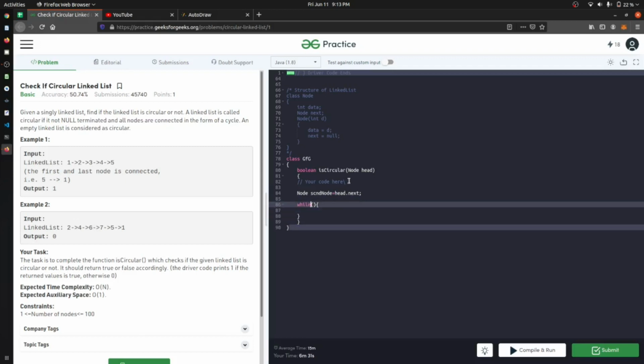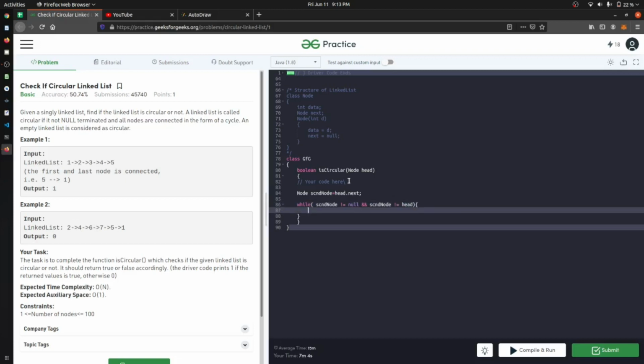What we will check is if second node is not equal to null. If it is not equal to null, it means that either we have a loop or we are in a circular linked list. And also, second node is not equal to head. These are the cases in which we will iterate inside the linked list.